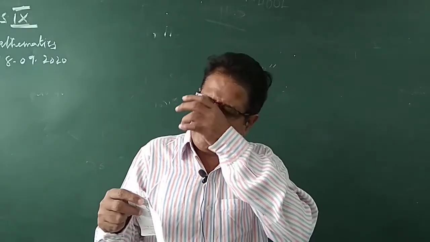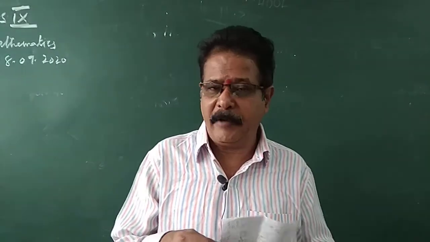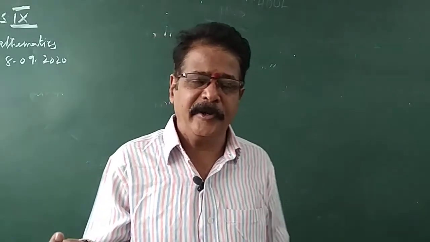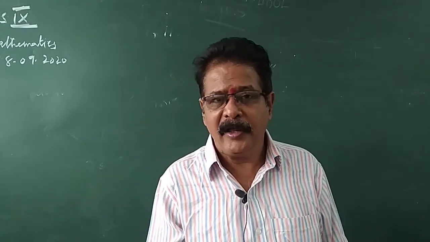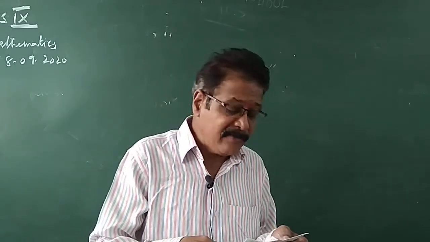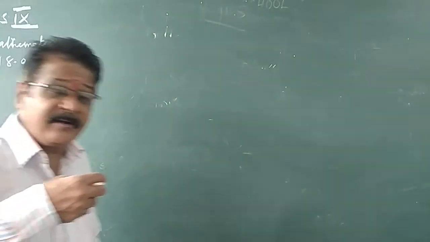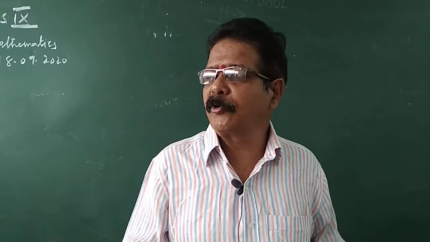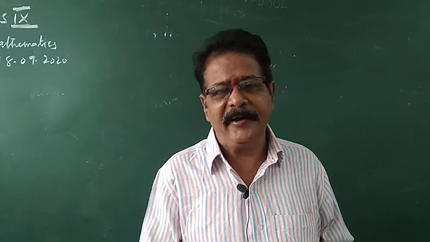Under the properties of natural numbers or whole numbers or rational numbers, what properties? Closure property, commutative and distributive property, associative property, identity property. These all we learned in the earlier classes. And also we learned in the previous class that the rational numbers satisfy the commutative property, distributive property, associative property under addition and multiplication.